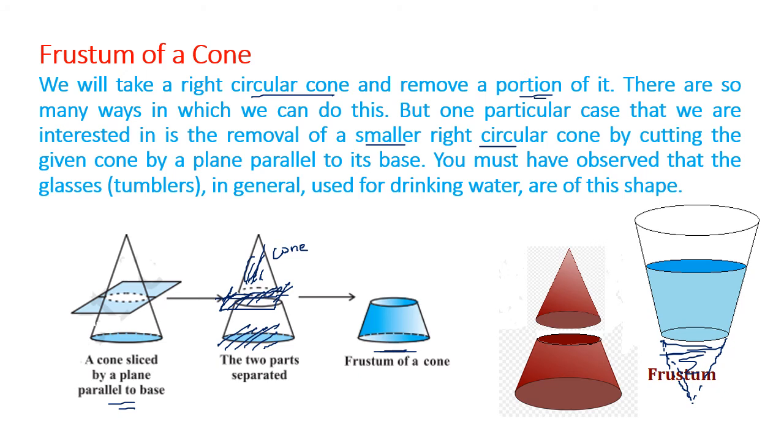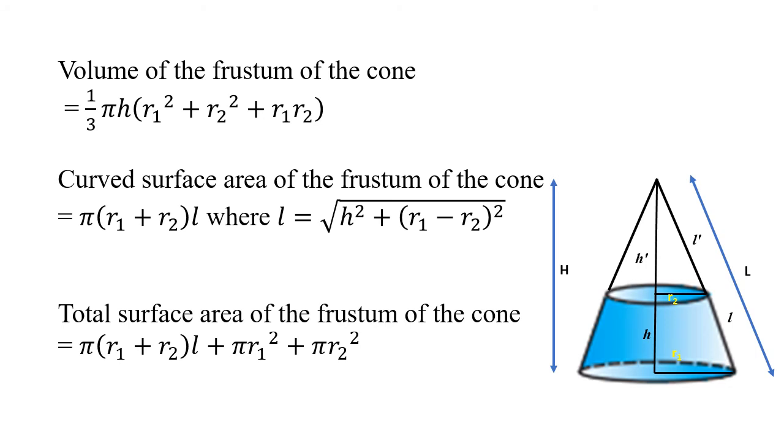Now what can you see, the parts of the frustum? Okay, so see the parts of the frustum. I have drawn the whole cone. When you cut off the cone, you get a radius at the bottom, which is called the big R1. There is a radius on the top, which we call R2, and we have R1 greater than R2. Then this is called the height of the frustum, H, and this is called L. It is the slant height of the frustum. Now I have written the formula for you here. We'll try to derive this formula in the next lecture.